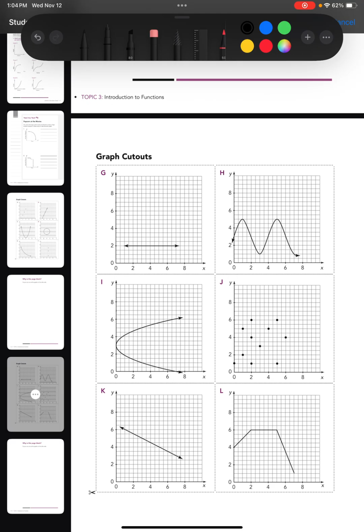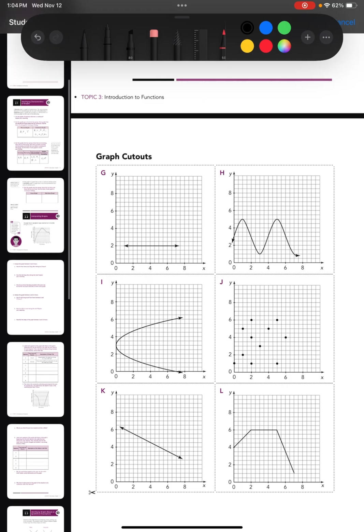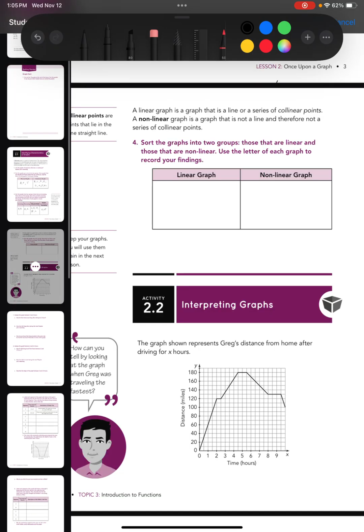G would be linear, we've got a horizontal line. And then the only other linear there would be K. So all the other ones, the points do not form a straight line, so those would be considered nonlinear graphs. So going back to fill those again, our linear ones were A, B, F, G, and K,